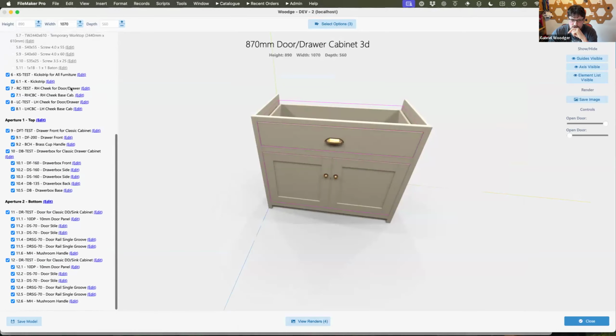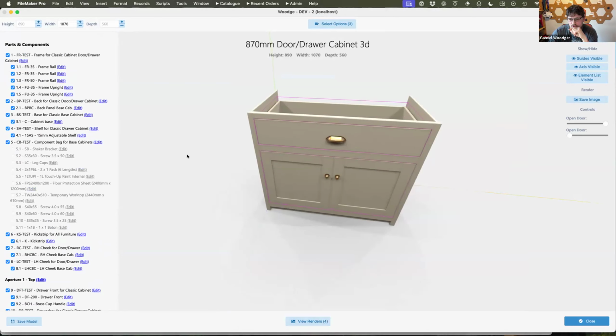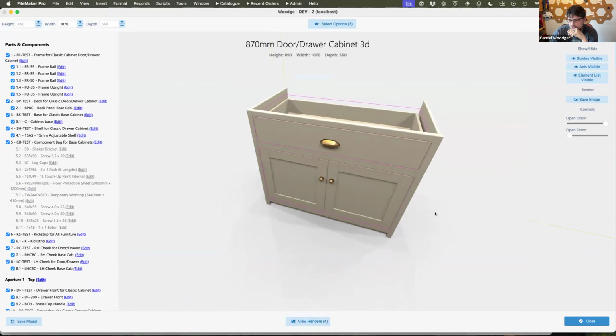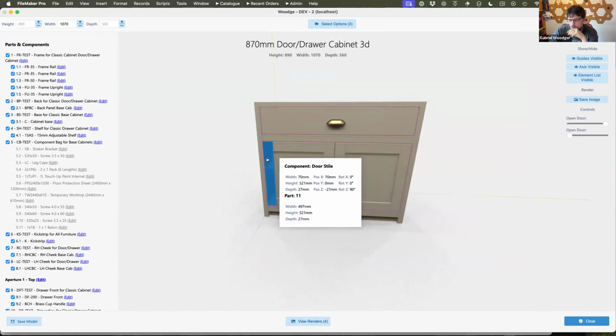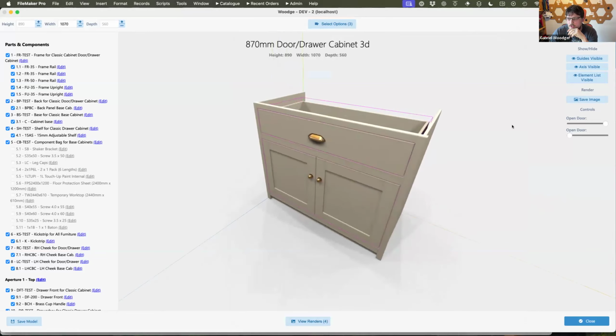So each of these components, each of these parts, results in a calculation, in this instance an on-the-fly calculation, to work out not just the size of each of these items, but actually what its 3D information is. So where's its position, where's its orientation, is it flipped, etc. All of that work is done in FileMaker.